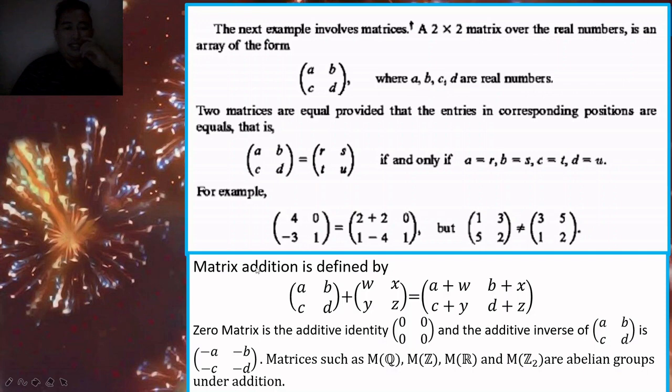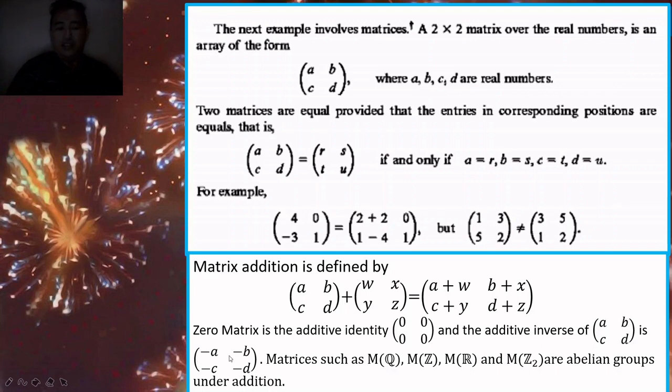That is equality of matrices. Matrix addition is defined as follows: A plus W, B plus X, C plus Y, and D plus Z. The zero matrix is the additive identity. So in addition, the matrix of 0s is the identity. Then the inverse of the matrix A, B, C, D is found by